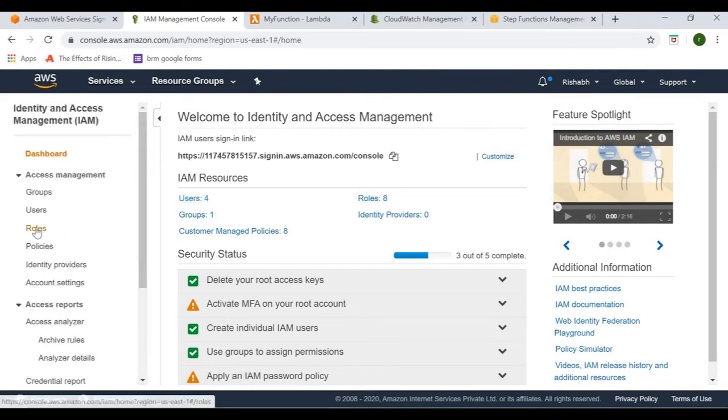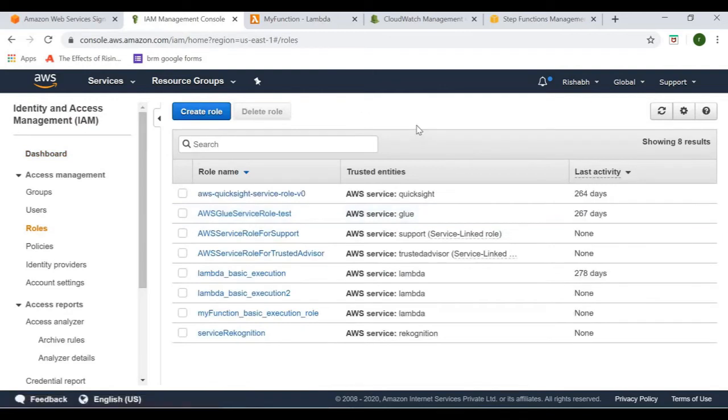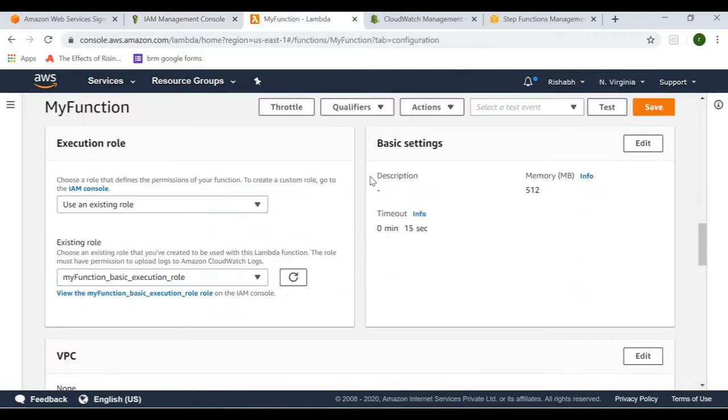So next is roles. Now why are roles required? The basic use of a role is that if you want to use any of the AWS services, a lot of them ask for a particular role. For example, if you want to create a new Lambda function, that Lambda function asks you for a role. Do you want to use an existing role or create a new role?